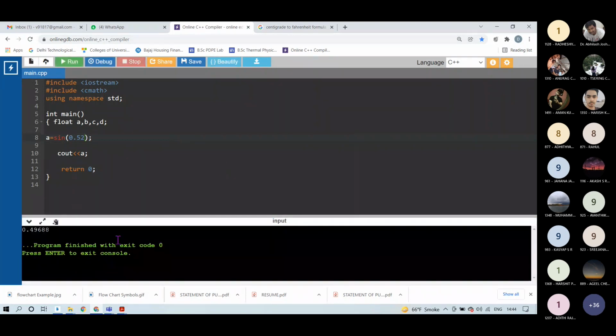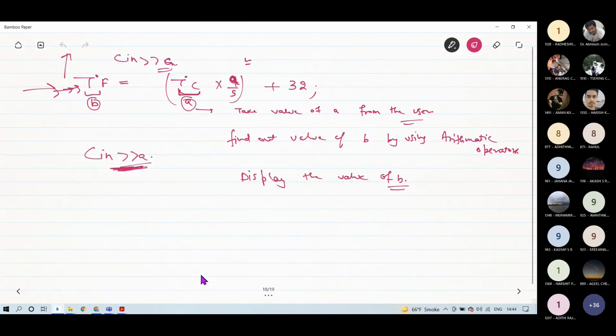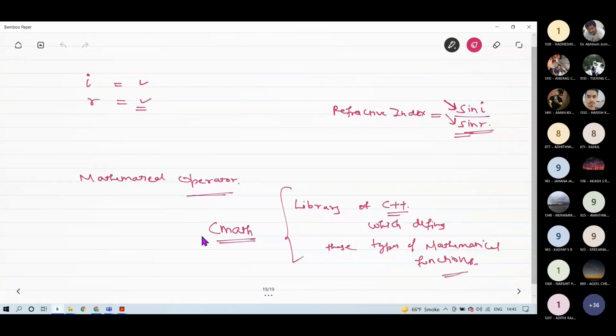Yes, 0.49688. Right. So you have to keep in mind that whatever value you are inputting has to be input in radians. And how can you convert a degree into a radian? You can see, to convert a value of degree into radians,